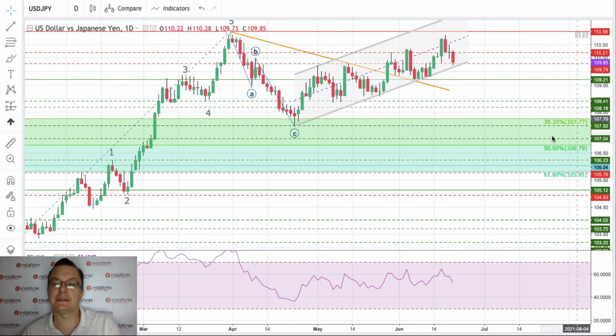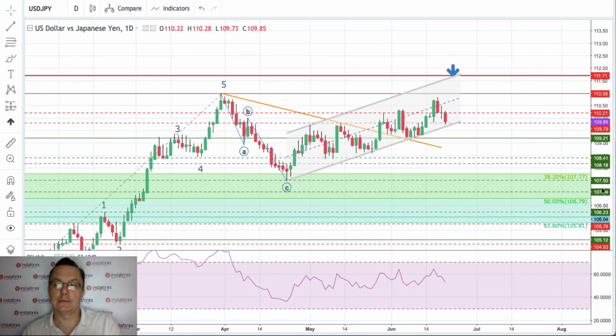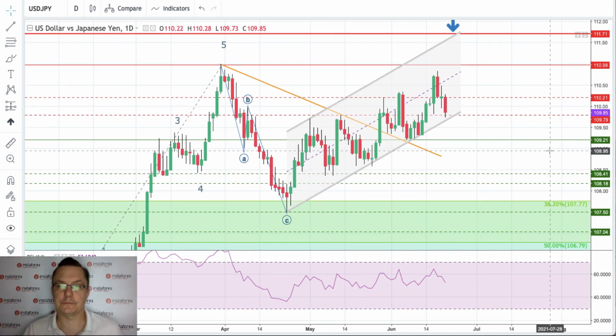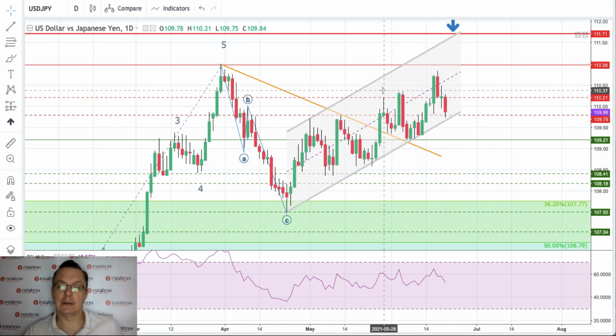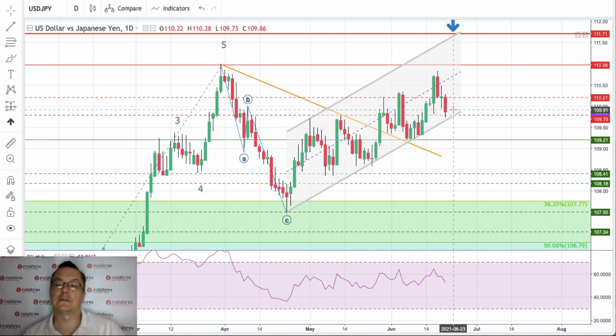US dollar to the Japanese yen. What is the situation here? As you can see, the US dollar is not actually going up versus the Japanese yen. We have again the same sort of pattern on the market: we go up and then we are being capped. We go up, we are being capped. We go up, bearish engulfing. We go up, bearish engulfing. So the conclusion is,